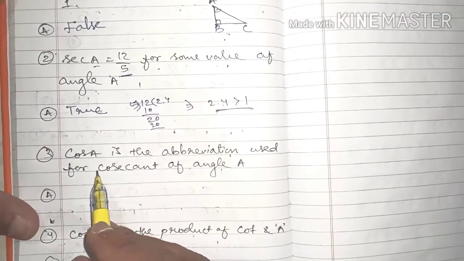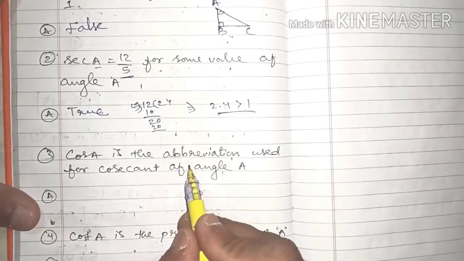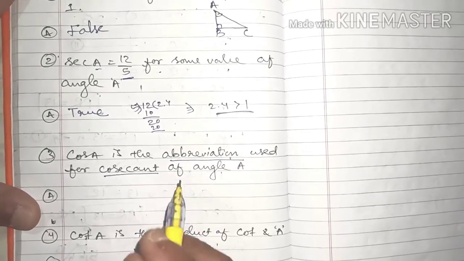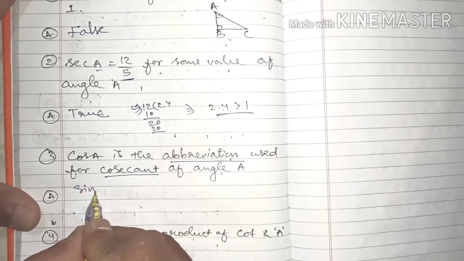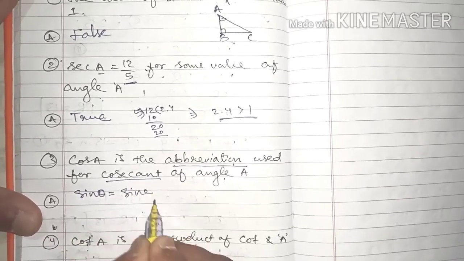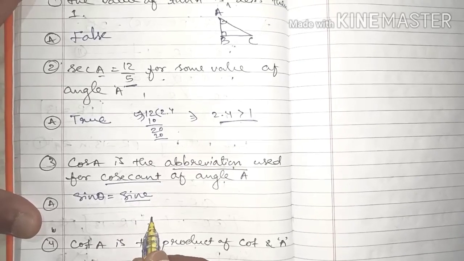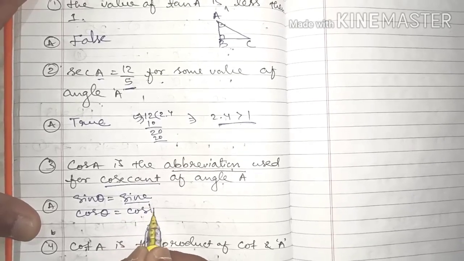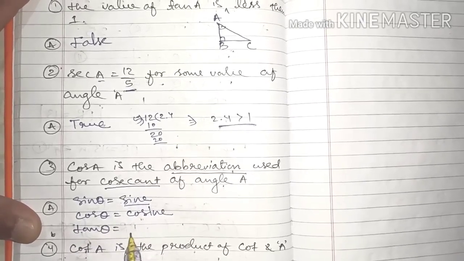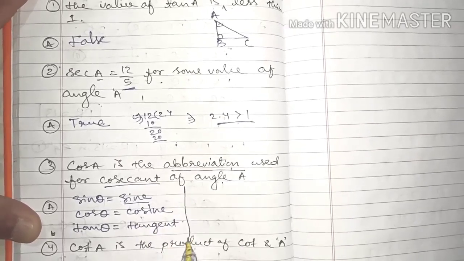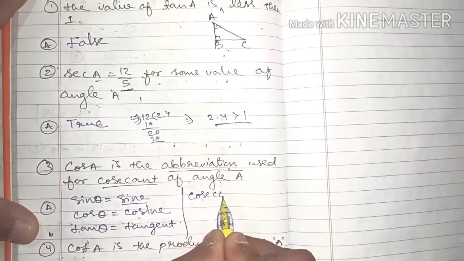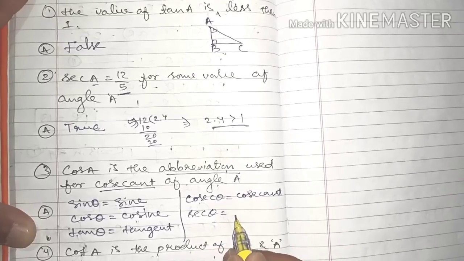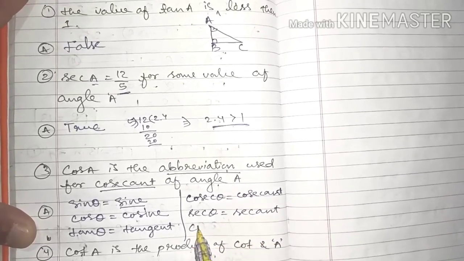Now question number 3. Cos A is the abbreviation used for cosecant of angle A. Now just a small thing I will explain. Sin theta, which we are writing, in proper words is sine. Cos theta is cosine. Tan theta is tangent. Cosec theta is cosecant, sec theta is secant, and cot theta is